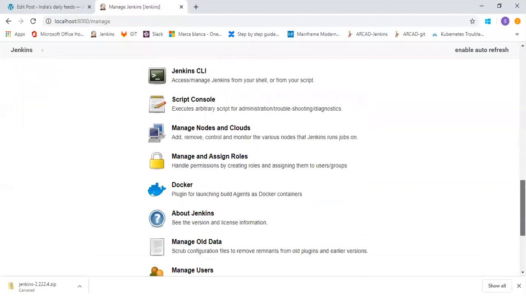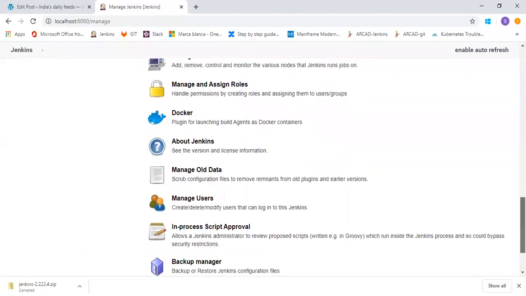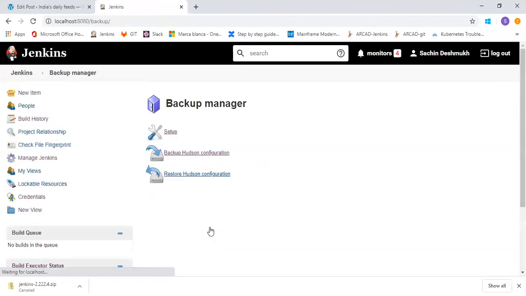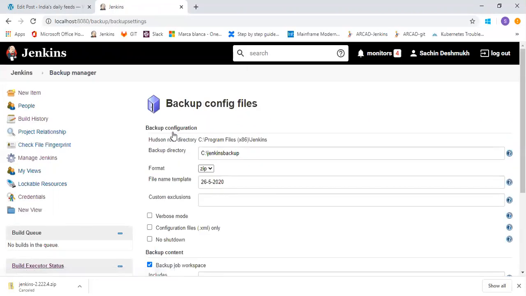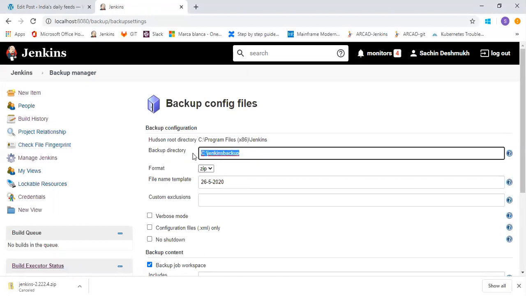To get that, you just have to go to backup manager. You have to first set up your backup configuration files. The backup directory that you need to give is C Jenkins backup, because I don't have another virtual machine here.